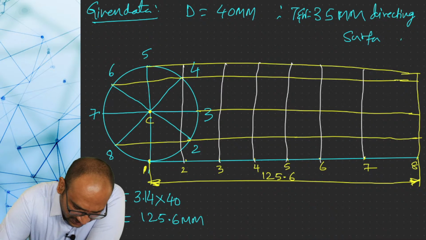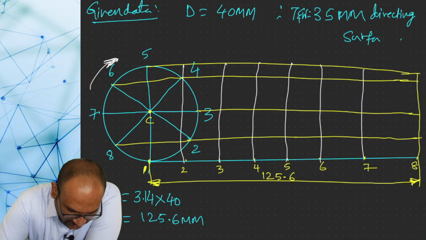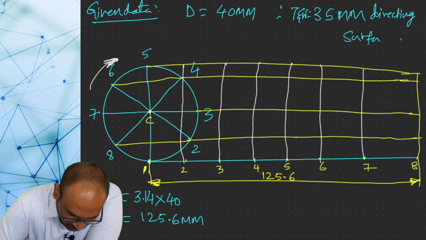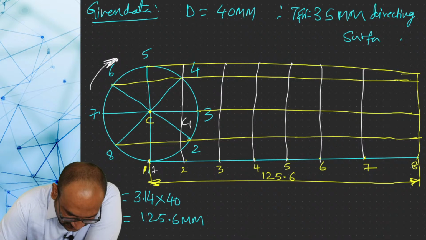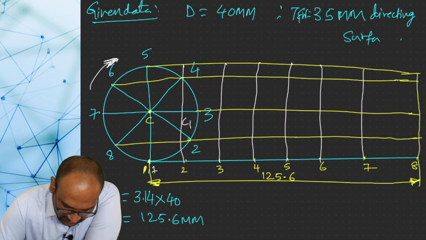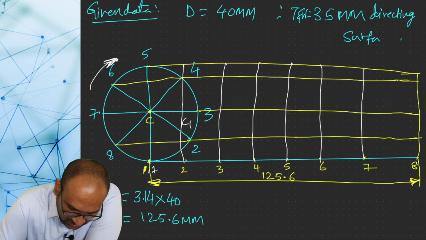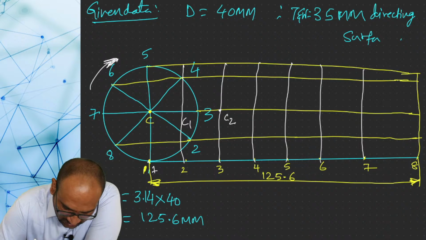Now let us assume that the circle is rolling in the clockwise direction. When the circle is rolling from this point to this point, the center of the circle changes from C to C1. If the circle is moving from 1 to 2 distance, the center changes from C to C1. Similarly, when the circle moves from 2 to 3 distance, the center changes from C1 to C2. When the circle moves from 3 to 4, the center changes from C2 to C3. And next, when the circle moves from 4 to 5, the center also changes from